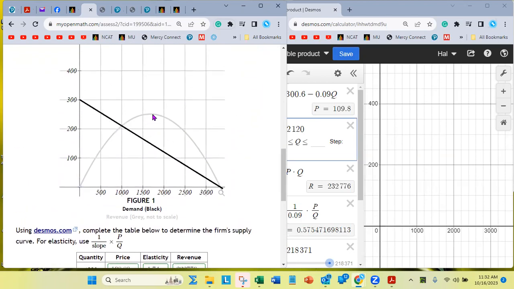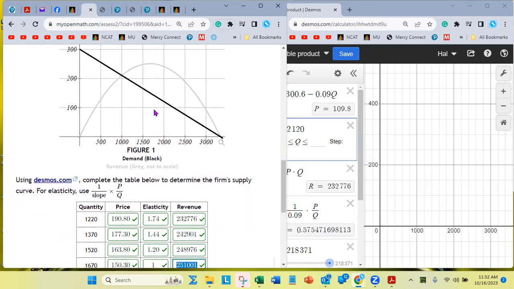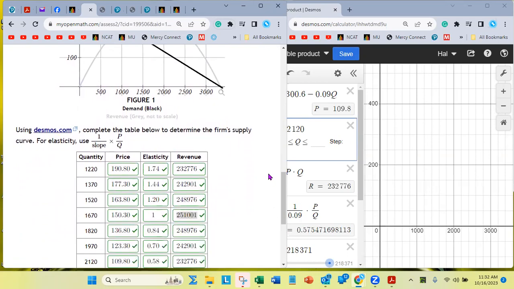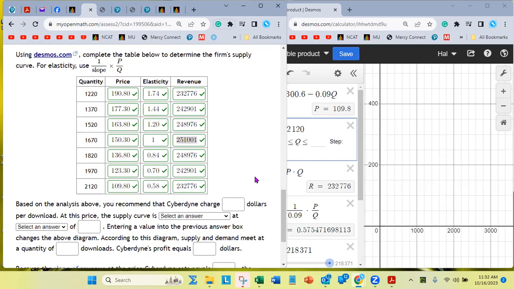So this, the gray scale, the revenue scale, these are in 100,000, each of these heights of these boxes. So 100,000, 200,000, 300,000. And this is in the middle, very close to the middle, $250,001, right? Okay, so now, based on the analysis above, you recommend that Cyberdyne Systems charge what dollars per download,